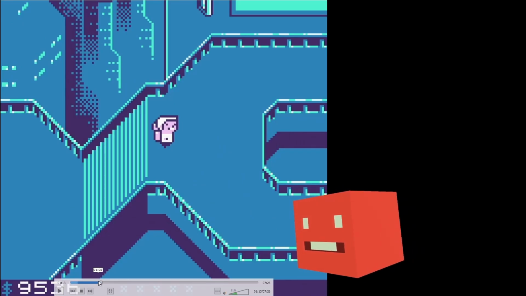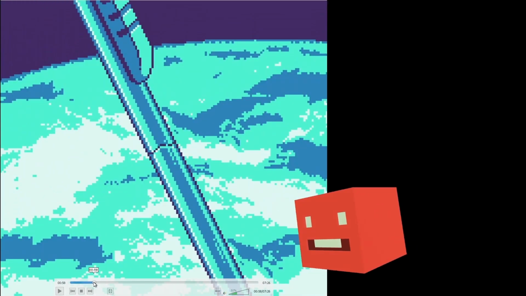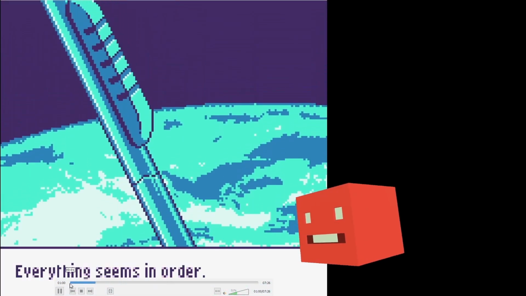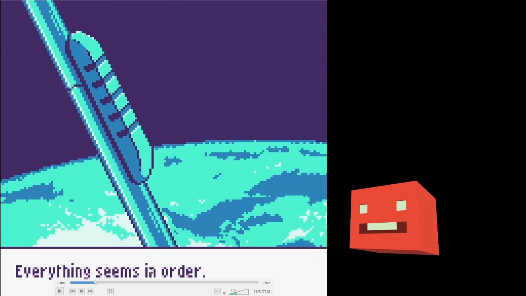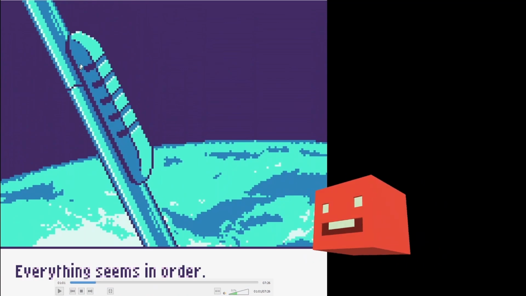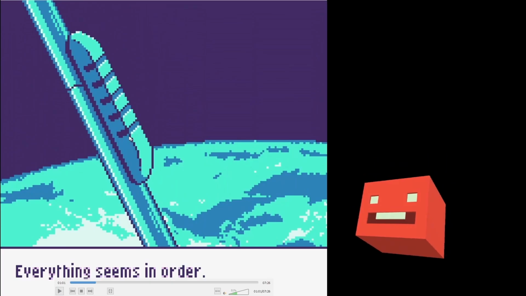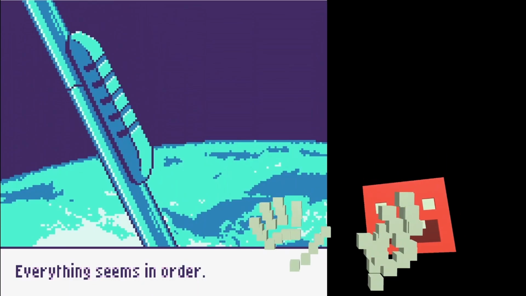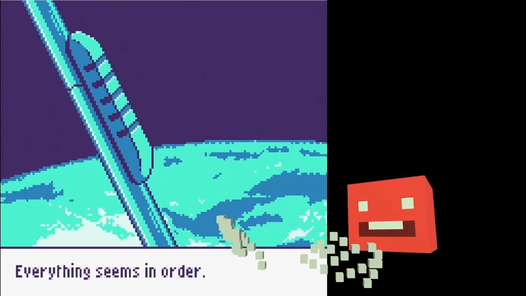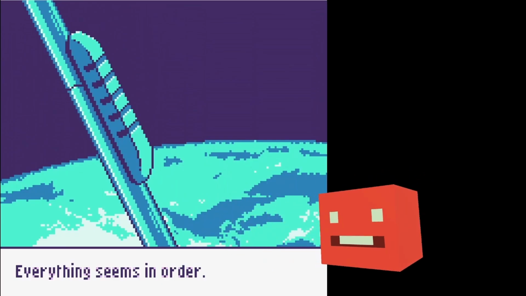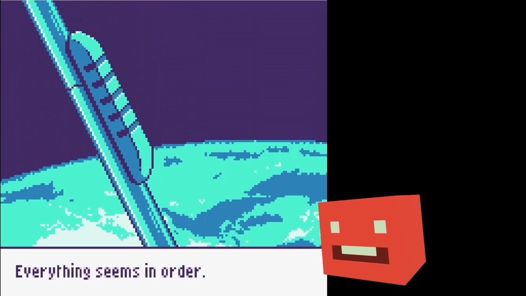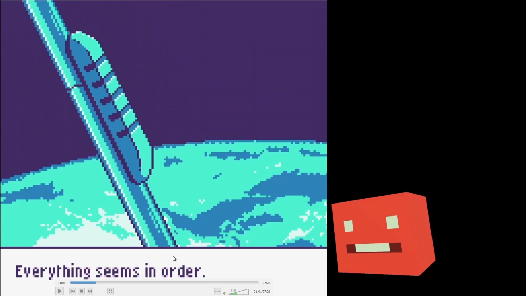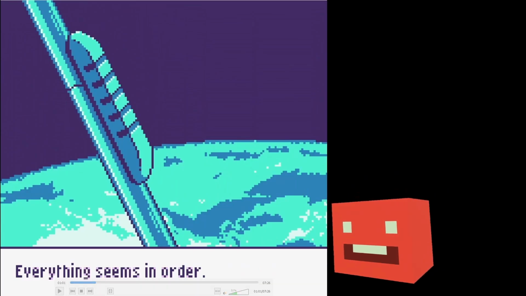And I used a technique from film all throughout the intro. You can see it here happening. Everything seems in order, and this has already gone ahead in time. The boy's already traveling down the elevator, but the dialogue is still from the border crossing, or I guess the spaceport crossing, the customs official, right? I got the idea from film, because in film there's a technique called the L cut or